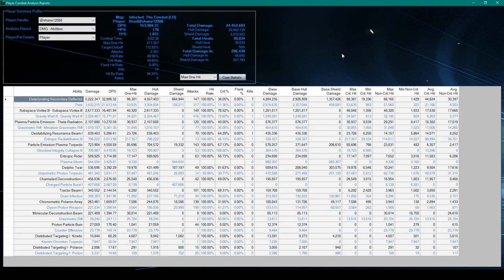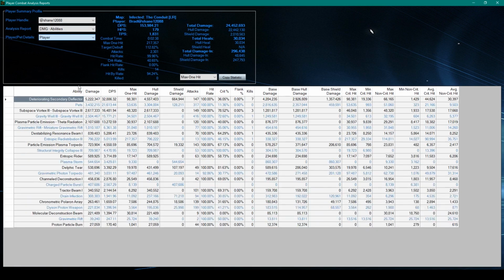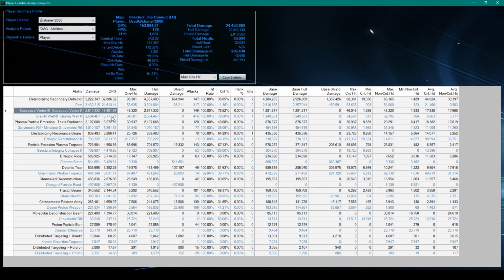All right, so we're back, and here's the parse. 153.9K. We'll round up to 154 on that. 32K from the deteriorating secondary deflector, that is Charged Particle Burst and Destabilizing Resonance Beam only on this build. 21K from pets, and if we drill down into that, 11K from the Badlands Cyclone, 5.9 from the Anti-Time Entanglement Singularity. Subspace Vortex 16.4, Gravity Wheel 15.7, and since we're not running a torpedo spread, 13.2 from the Particle Emission Plasma Clouds,